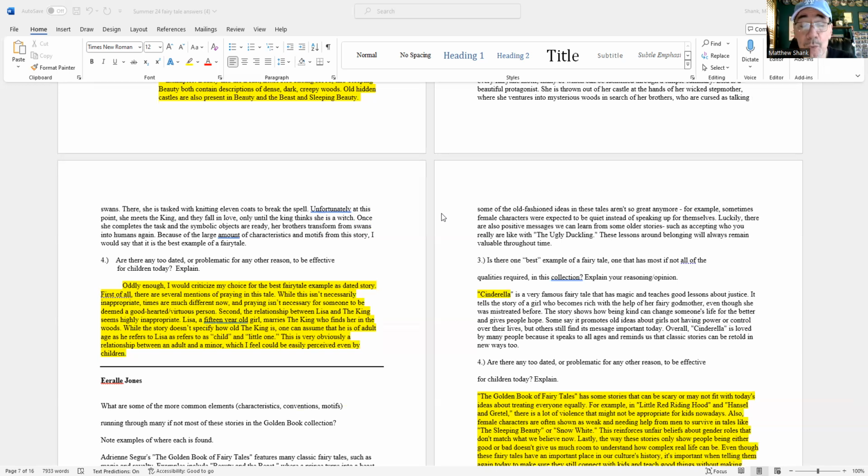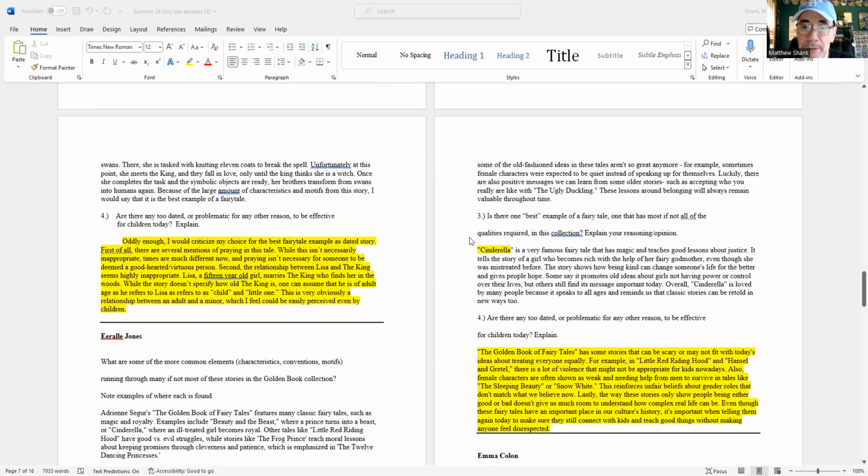She's 15 years old, marries the king who finds her in the woods. While the story doesn't specify how old the king is, one can assume that he is of adult age. So basically, we're talking about underage relationships here. So again, under a critical 21st century eye, a number of you found some rather compelling issues with these stories, and I was glad to see that.